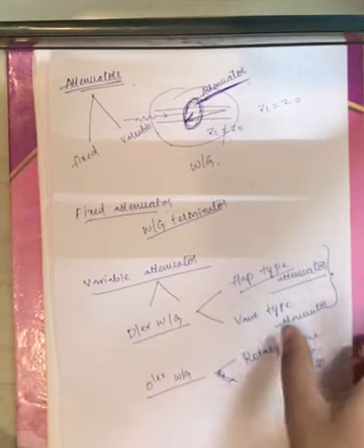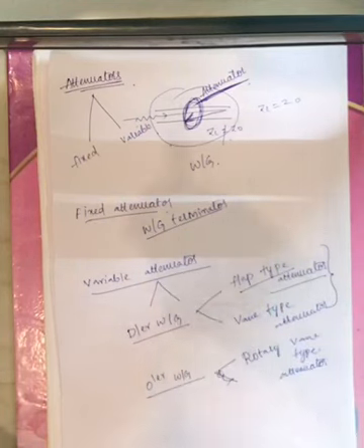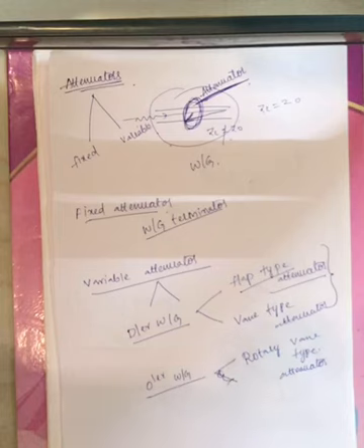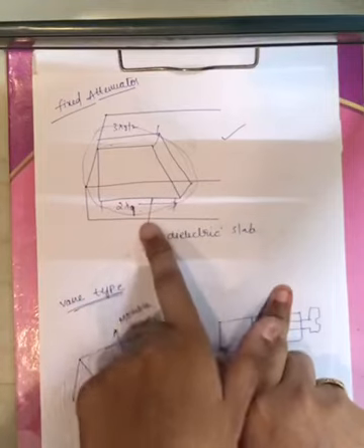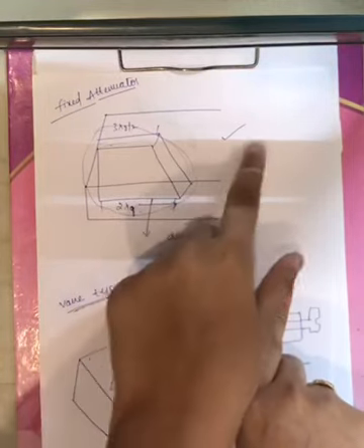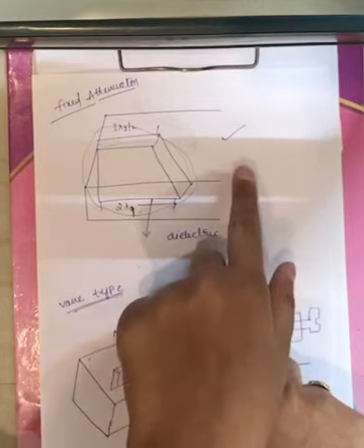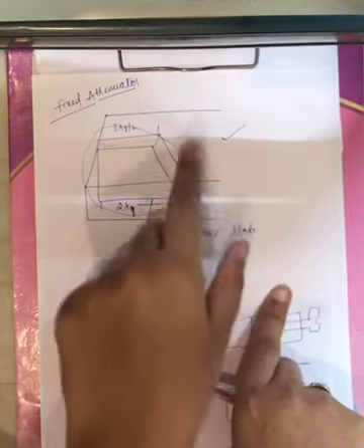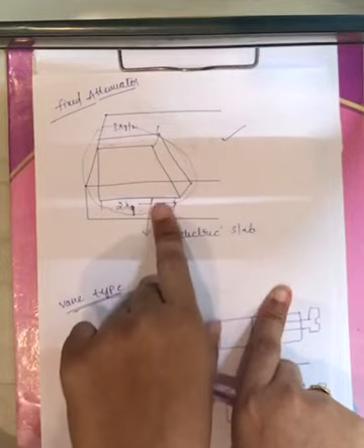Now coming to the fixed attenuator, this is normally used in the waveguide. It is also called a waveguide attenuator, right? In a particular waveguide, you will insert a waveguide. This is the structure of the fixed attenuator. You are transmitting a signal through this rectangular waveguide, and you are getting some reflections because of impedance mismatch, that is ZL not equal to Z0. Now I want perfect matching, so I have to observe that reflection, right?